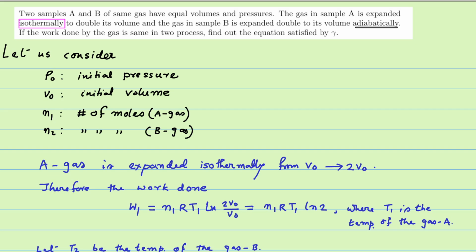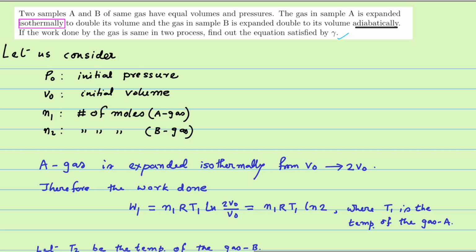And if the work done by the gas is the same in the two processes, one adiabatic and one isothermal, find out the equation satisfied by gamma, which is the adiabatic exponent. Now,